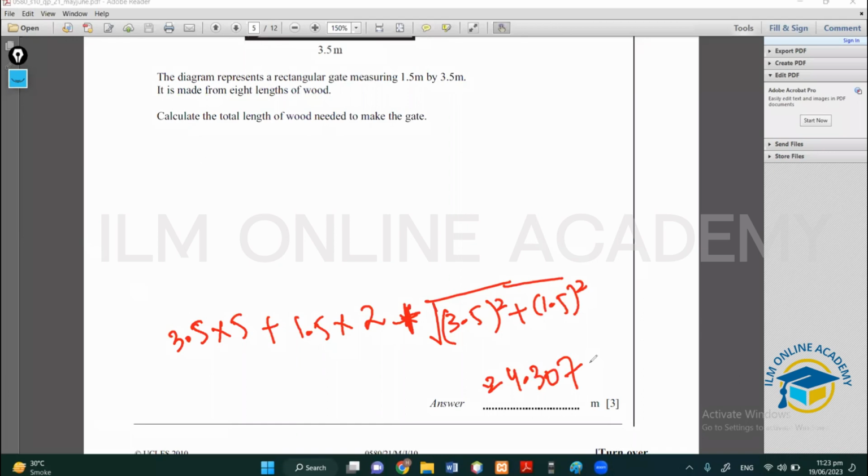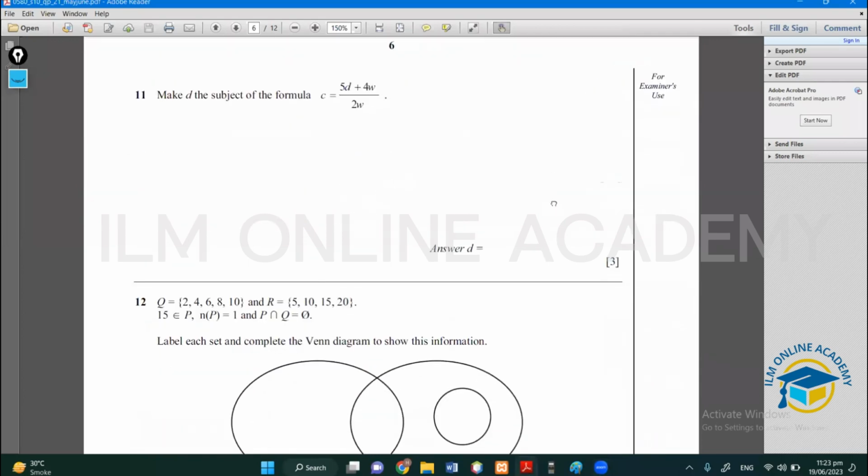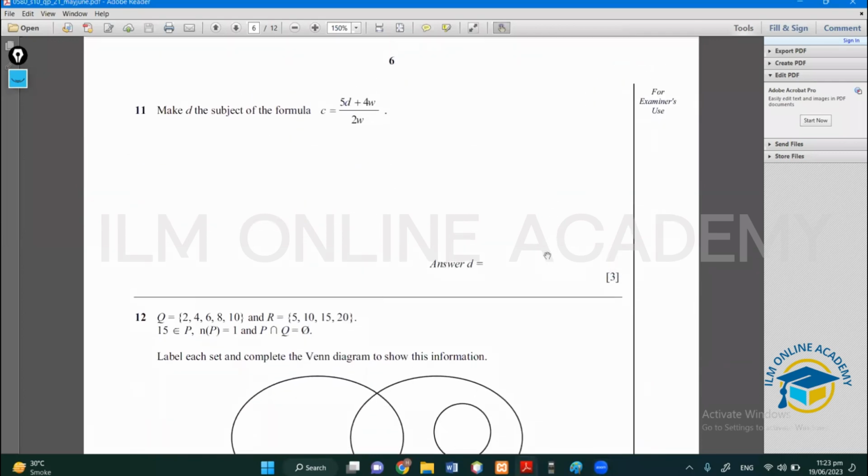24.307. This is the answer. Okay, so this was question number 10, I guess. Yes, this was question number 10. Now, question number 11. Question number 11 is saying that you have to solve this equation and you have to make, in this equation, here